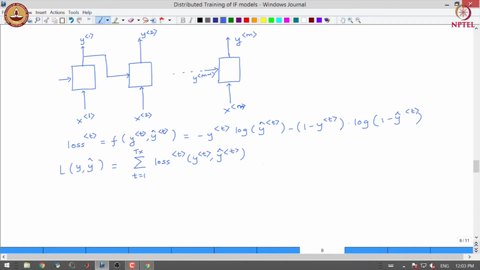So, we obtain this loss at each position, and in order to calculate the gradient of the loss with respect to the input, what we do is we use an algorithm called back propagation. So, in case of RNN, it is called as back propagation through time or BPTT.